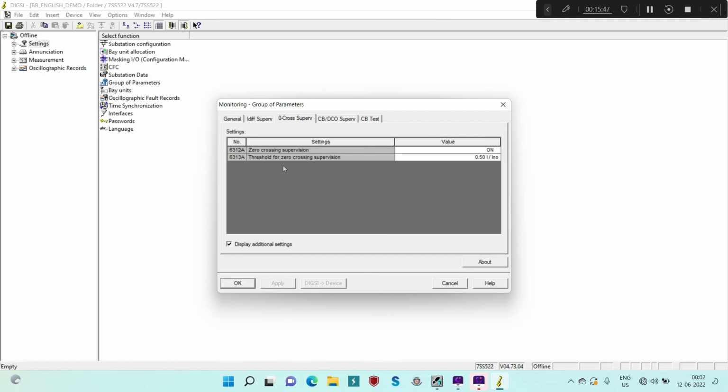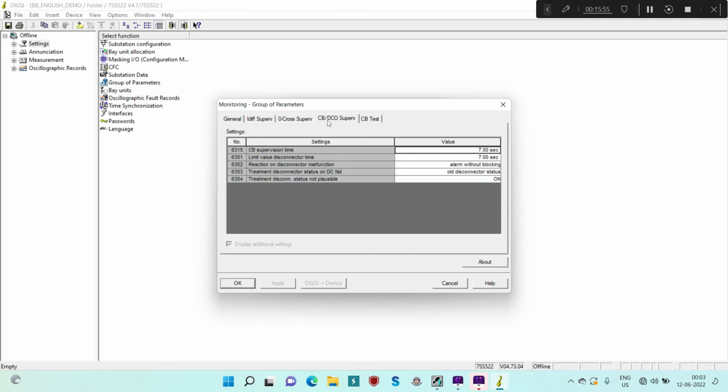So we can set this threshold for zero crossing supervision, that is how much current it has to see before going into the blocking mode. Then the next is CB and/or disconnector supervision. So this is again a very simple thing. Once you say here the CB supervision and disconnector supervision time, so when this comes into picture, first is, suppose